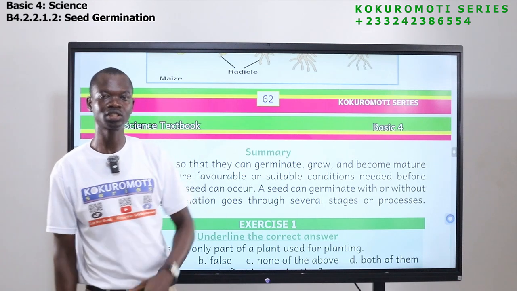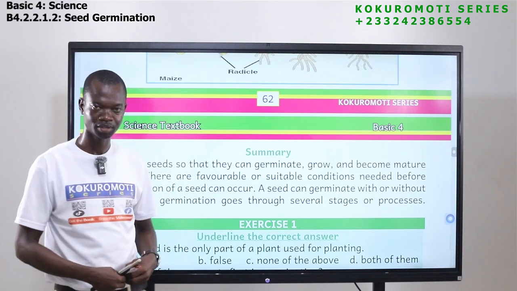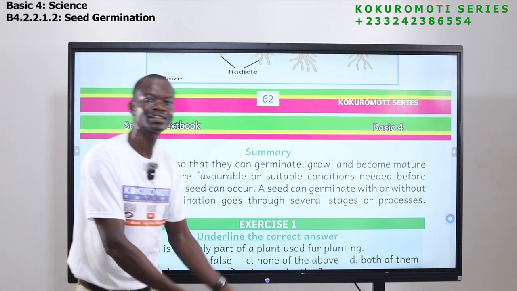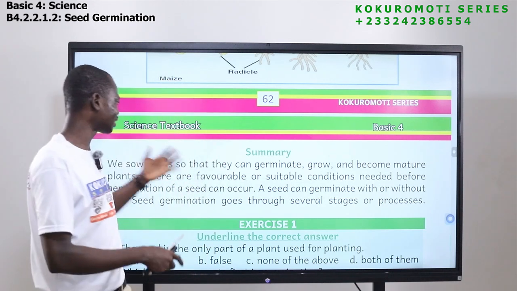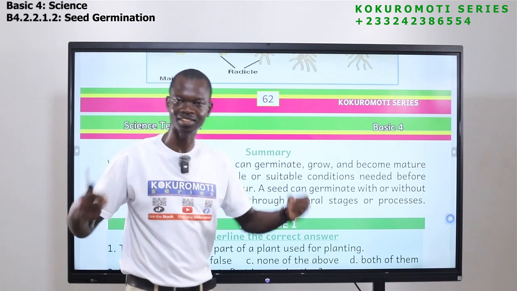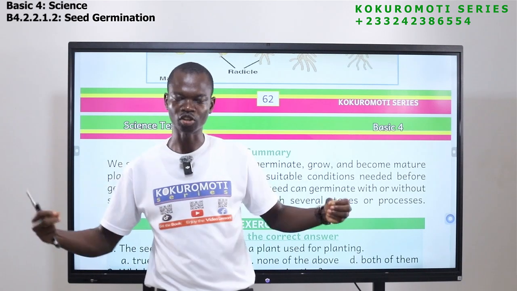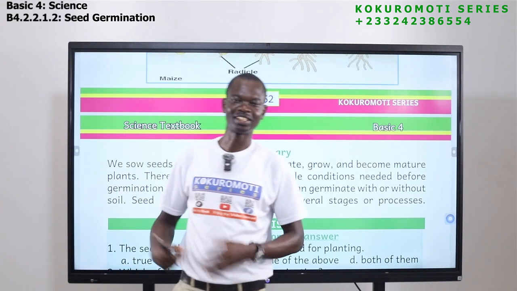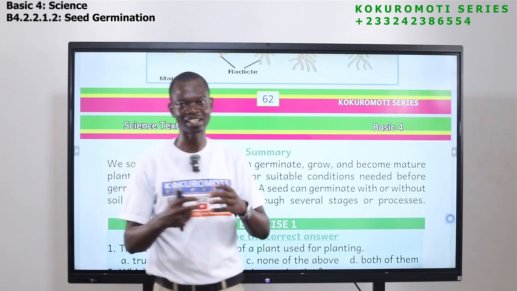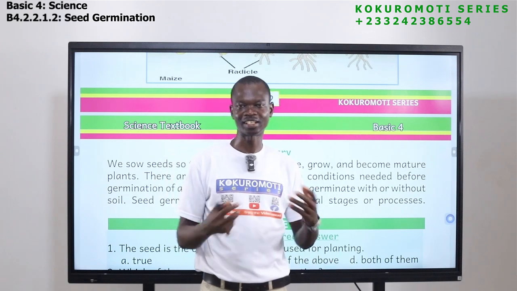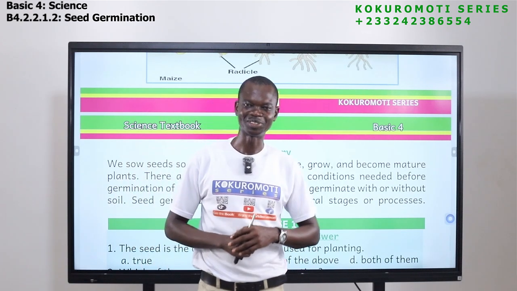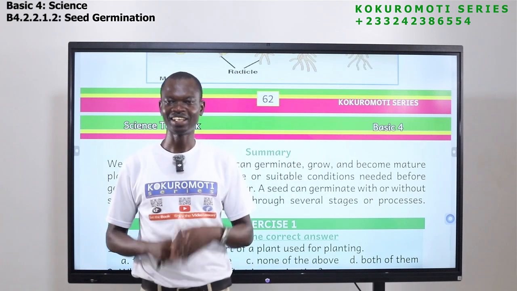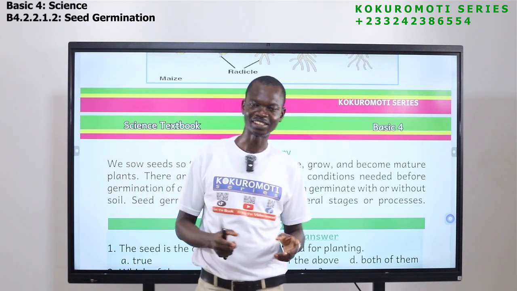So after the roots have come out, then the stem and leaves will also follow. The last stage is elongation, meaning becoming long. So what becomes long? The roots become long, the stem also becomes long, and then germination ends. So this is what you should know. This is what you have learned today, and I believe you have enjoyed the lesson.